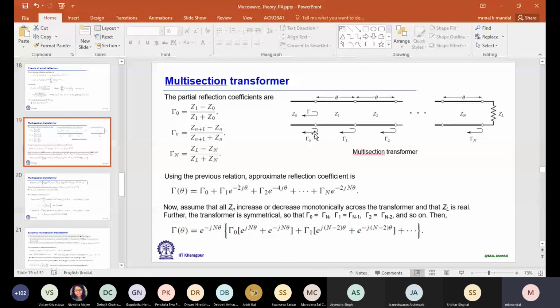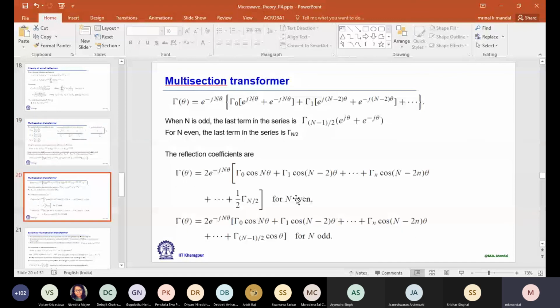So you see, it depends on that odd-even definition. It depends on whether you are starting from gamma 1 or gamma 0. If you start from gamma 0, then we have this relationship: for even n, we have one odd term remaining, and if n is odd, then all of them can be paired.